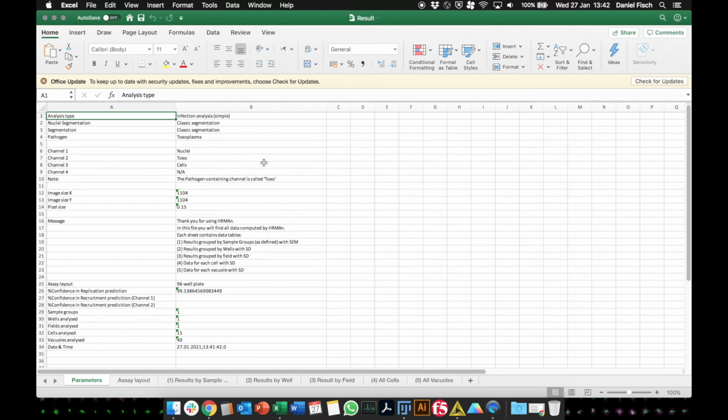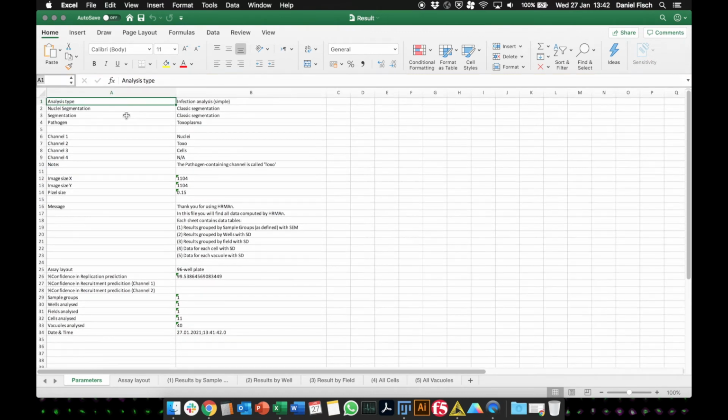And here we go. So this file now has several tabs. The first tab is giving you some information on the general parameters of the analysis: which analysis type was run, which segmentation algorithms, with which pathogen, which nuclei, which channels were analyzed, the size of the images, the pixel size, an instruction on how to read the results, the assay layout, the confidence in the replication prediction of